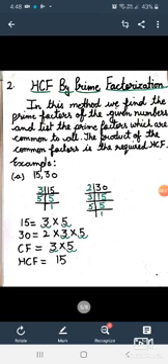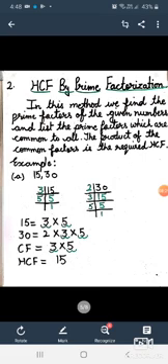Now we will divide 30 by the prime number. Our first prime number is 2. 30 is divisible by 2 and the answer we get is 15. Now 15 will be divided by 3. The next prime number is 3. So 3 fives are 15. Now the answer is 5.